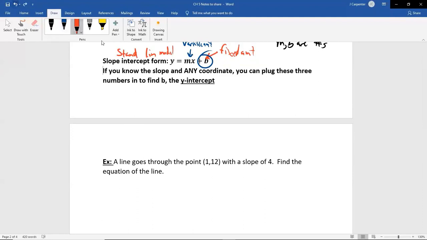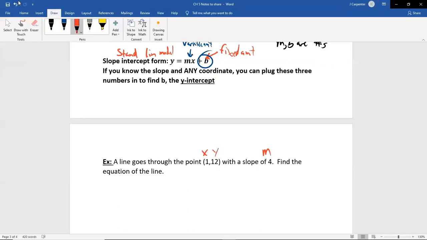Now, points always go x comma y. This is an x and a y. You can label them with little ones if you want to, but you don't really have to because they told us the slope is 4. If we were doing that more algebra way of y minus y1, I would label them with ones, but I'm teaching this the QR way. And again, if you know the more traditional algebra way and it works for you, use it. The slope is 4. Some mathematician decided that the slope should be the letter m. I know that the word slope does not start with the letter m. Maybe the Greek word for slope does; I'm not actually positive on that, but we just use the letter m for slope.